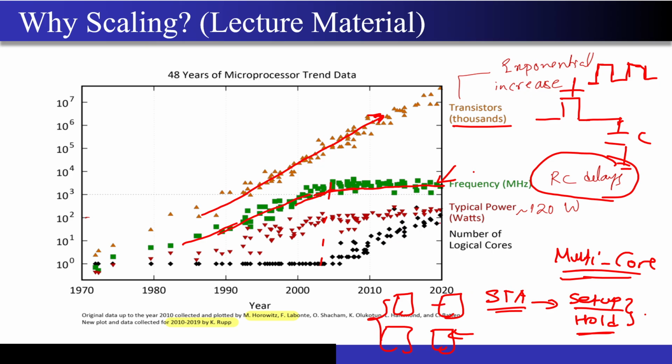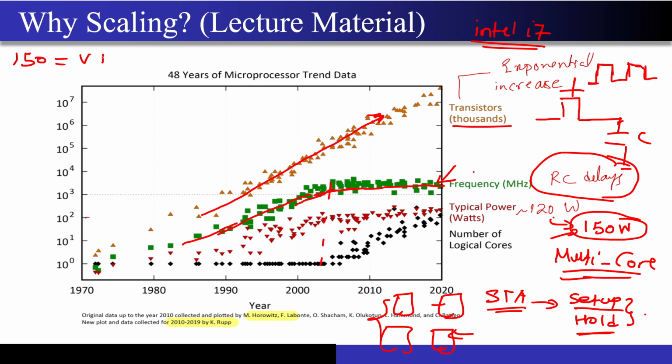And now just to give you one typical example, how much power does today's modern processor consume? If you take the example of an Intel i7 processor that is there in your laptop or on your PC, it typically consumes somewhere between 120 to 150 watts of power. This is a very high number, correct? So does it really make sense to have this 150 watt number? Let's just take this number. So what is the power consumption?